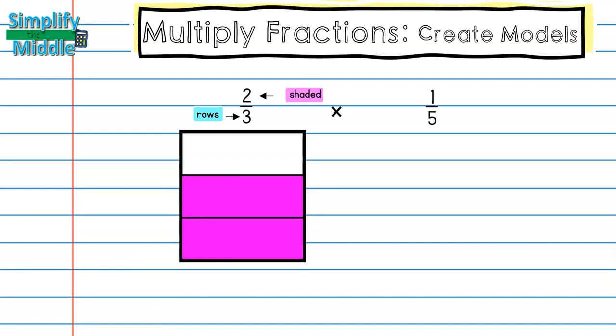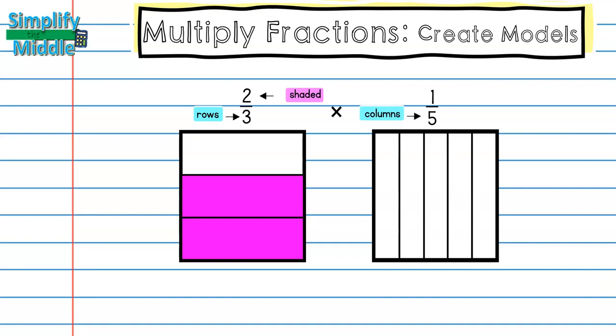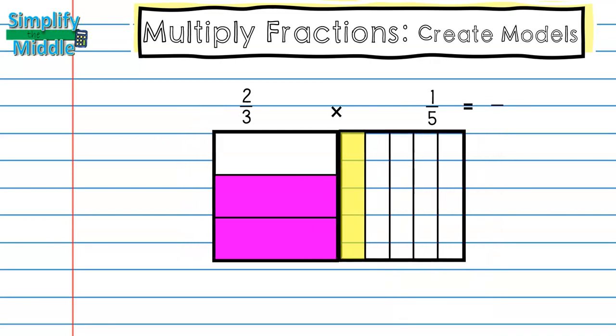Next, I'm going to multiply that by another fraction, 1/5. I'm going to draw this box separately, but this time instead of making rows, I'll make columns. So I'm going to split this one, going up and down, into 5 pieces because the denominator here is 5. Then I'm going to look at the numerator to see how many to shade. Because my numerator is 1, I'll only shade 1 of these columns. In order to create a multiplication problem, I'm simply going to put both of these together. So here I see I have 1 out of 5 columns shaded, and now I'm going to put my models